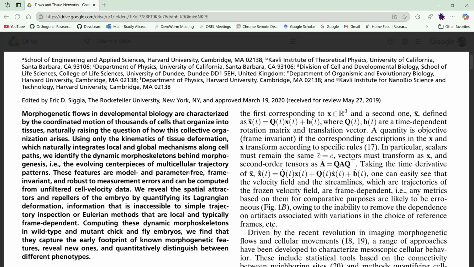We identify the dynamic morphoskeletons behind morphogenesis. So the way they define dynamic morphoskeletons is the evolving centerpieces of multicellular trajectory patterns. So you have these trajectories of these cells. They're basically going to be similar because they evolve in these flows, and you can characterize the most common trajectories from this analysis. These features are model and parameter free, frame invariant, and robust to measurement errors, and can be computed from unfiltered